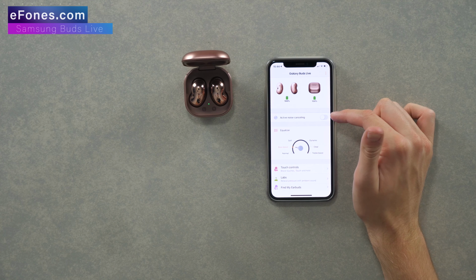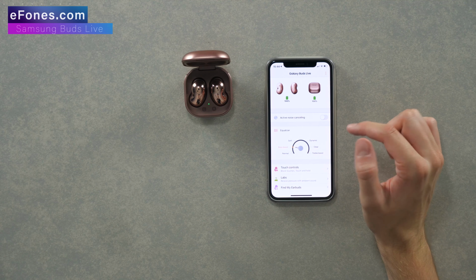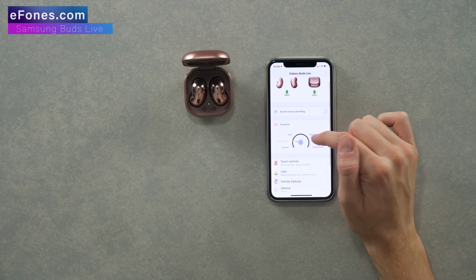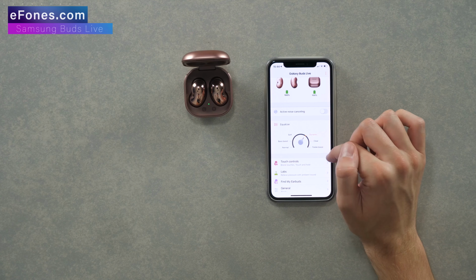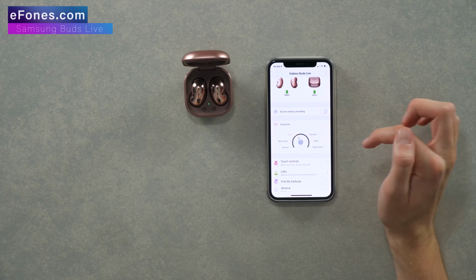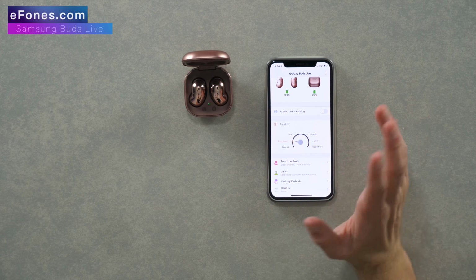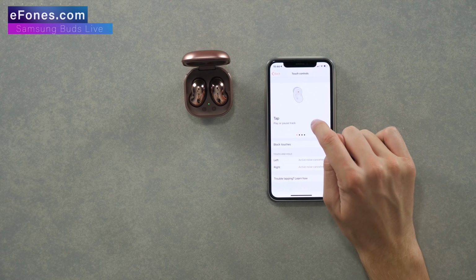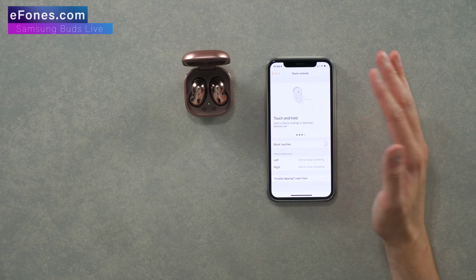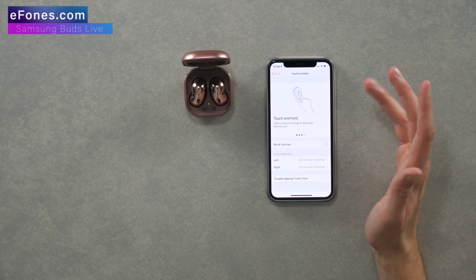As you can see, you've got active noise cancellation. Now this is off for now, just because I want to show off a little bit what it does later on. You've got this equalizer where you can choose different settings for your earphones, and when they're out, you can click on them like this and change instantly to a different sound. Now I like it on the bass boost because I like that bass sound. But yeah, you can change however you want. You've got a little equalizer within the app. You've got all your touch controls that you can customize. You can even block certain touches or touches as a whole,